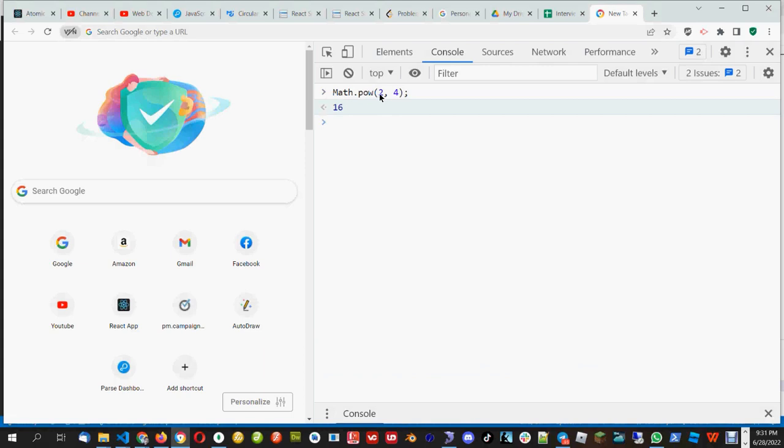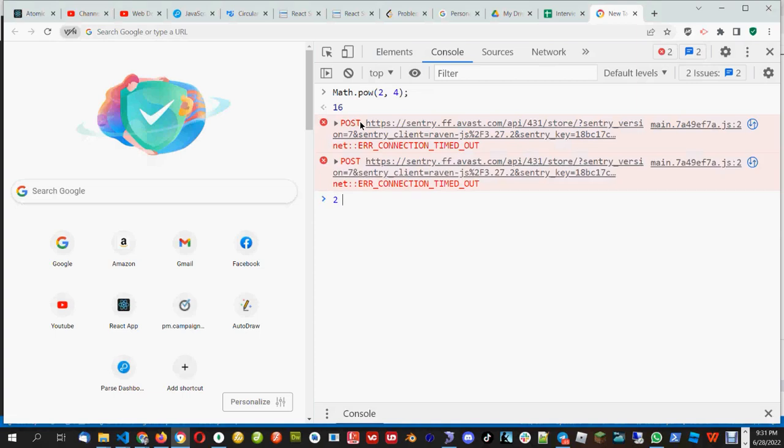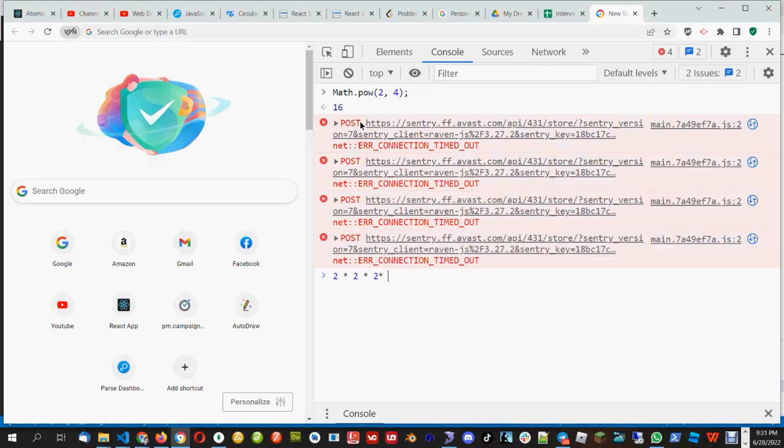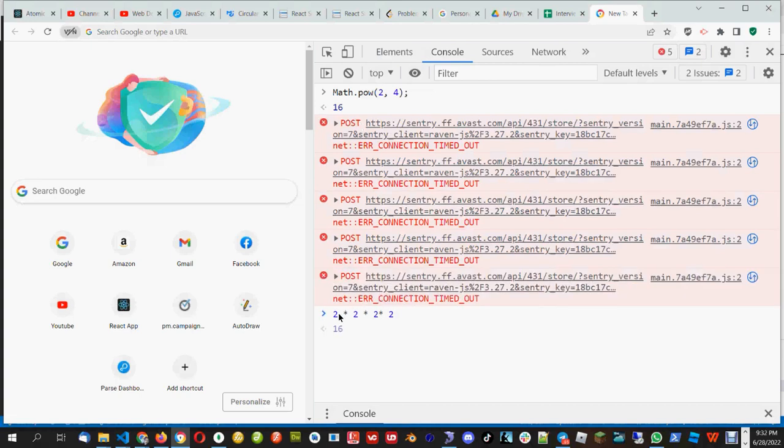So how does it calculate the 16? Math.pow is 2 raised to 4, and it will multiply 2 into 2 into 2 into 2. So it will use 2 four times, and that's the reason it gives 16. So this is the JavaScript inbuilt function, but we will need to create our own function,